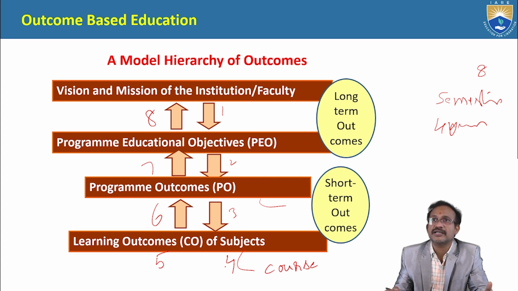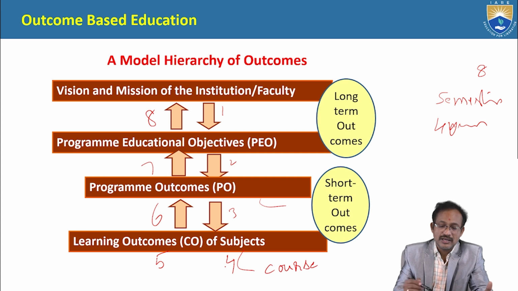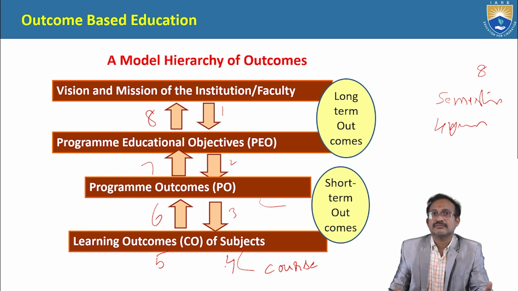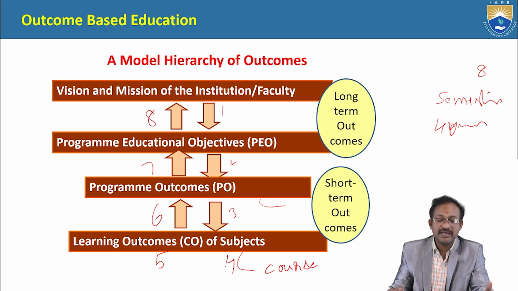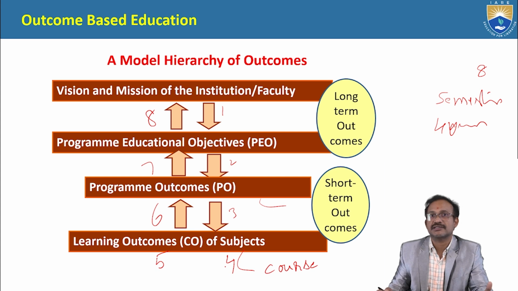So these are short term outcomes, okay. Suppose after 8 years, that means after the completion of the program, then it will be program outcome, okay. So program outcome is nothing but the outcome of all the courses in all the semesters, okay. Already we have discussed that in a semester we have 5 to 6 courses and some laboratories, some skill